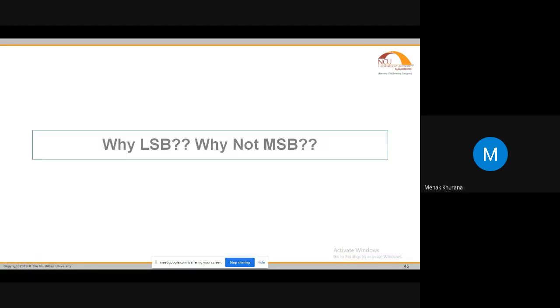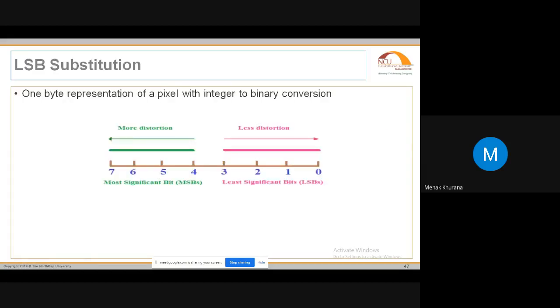Next slide, sir. So this was the question for you people. Why are we using LSB, not MSB? Next, please, sir. So MSB is not being used. With the help of this diagram, you can see that MSB is your most significant bit, which carries the most value. If I divide my whole image or 1 pixel into 8 bits, the left 4 bits are for your MSB and the right 4 bits are for your least significant bits.